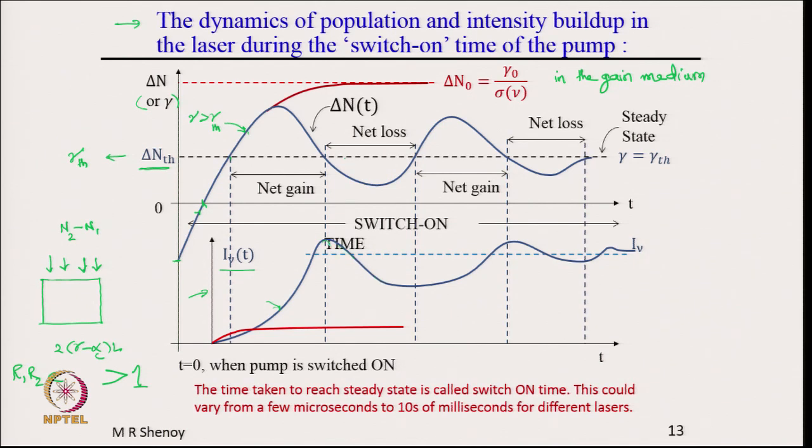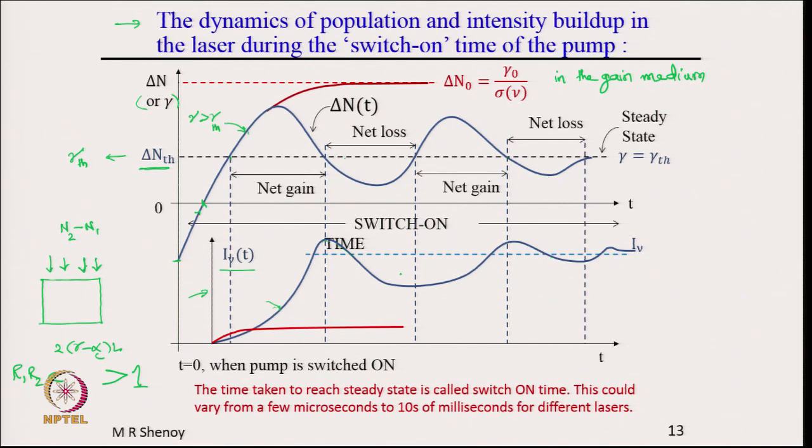Recall the graph. Now, we have the condition R1 R2 e to the power of 2 (gamma minus alpha c) L is less than 1. So, the intensity exponentially starts dropping down. When the intensity starts dropping down, the gain coefficient again starts increasing, and as soon as it crosses the threshold value, again the intensity starts building up exponentially,